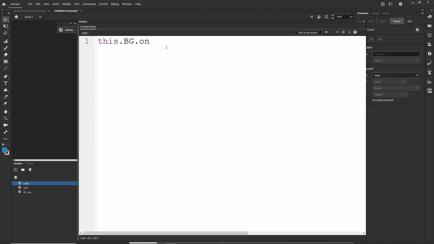I am going to go with on. There is also the option to use add event listener. They are going to do the same thing. It's like on is jQuery, I guess. But yeah, this BG on, we are going to go with quotation marks and put on click. Later on we are going to change this to mouse over, but there are additional steps. So this BG on click, and the function that we are going to call is